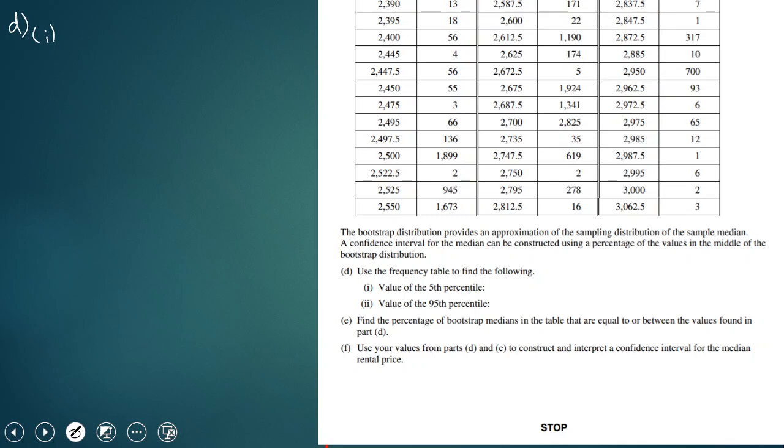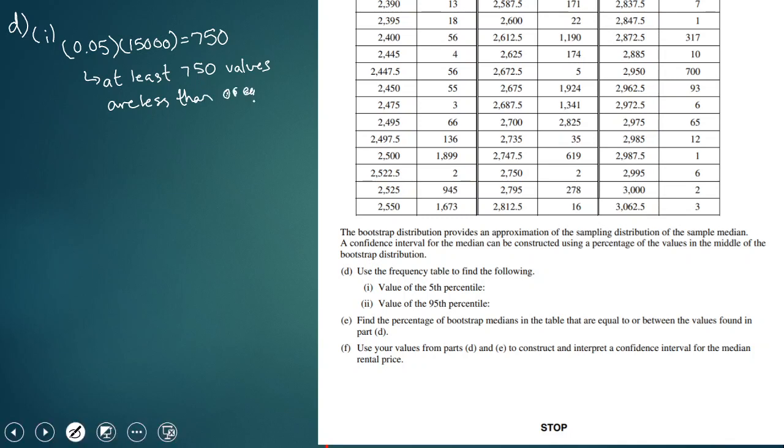So part D, D part 1 says use the frequency table to find the value of the 5th percentile. Okay, so the total sample is 15,000, right? So the 5th percentile at 0.05 times 15,000 gets me 750, right? So I need to be 750 past the minimum in order to reach the 5th percentile. So what this means is at least 750 values less than or equal to